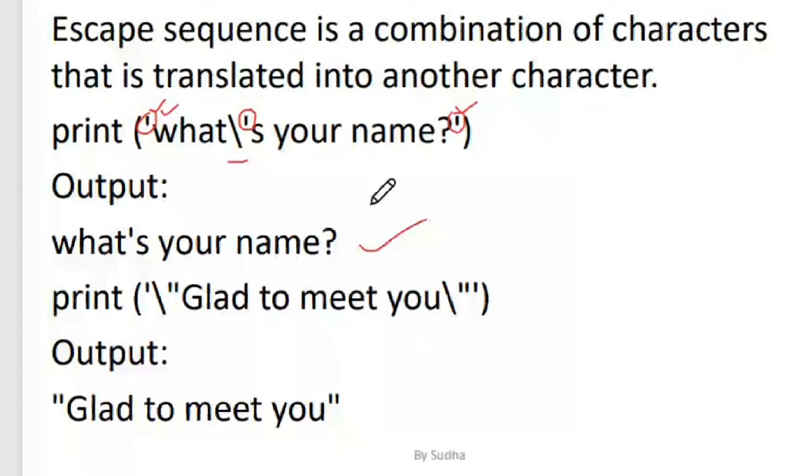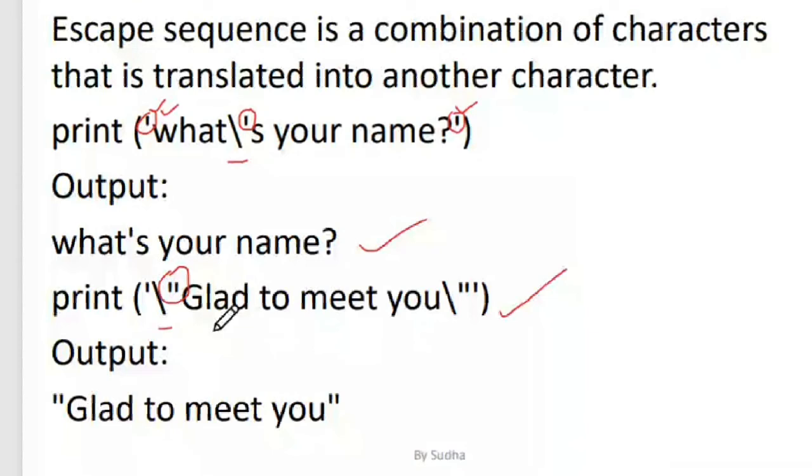In a similar way, let us consider this example wherein I want the output to appear in double quotes. I just want to say "glad to meet you" in double quotes. Again, double quotes are programming syntax. To bypass the programming syntax into the output, I have put a backslash here.